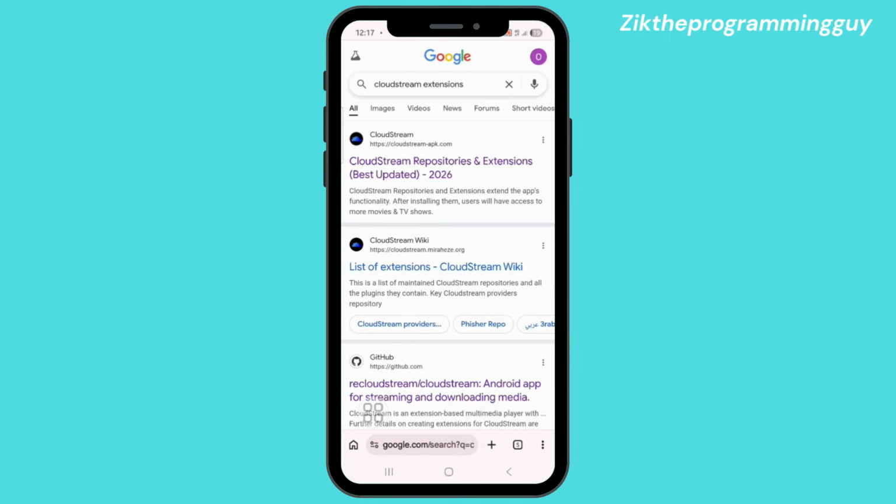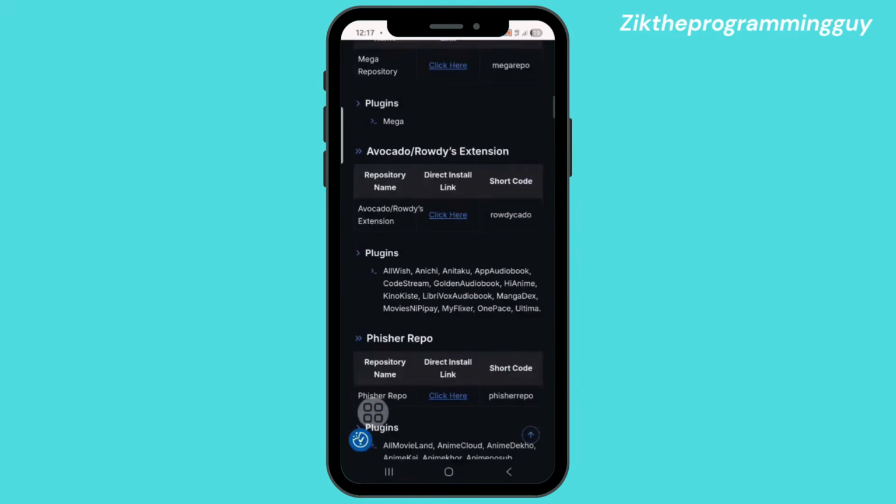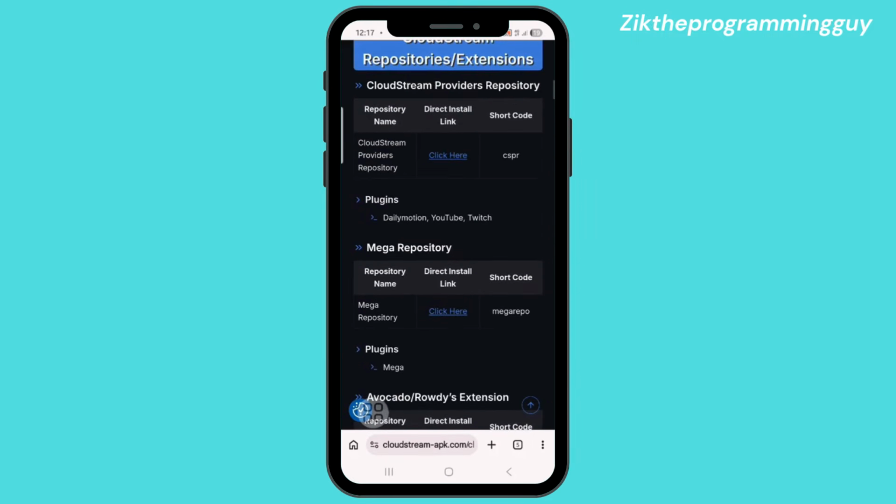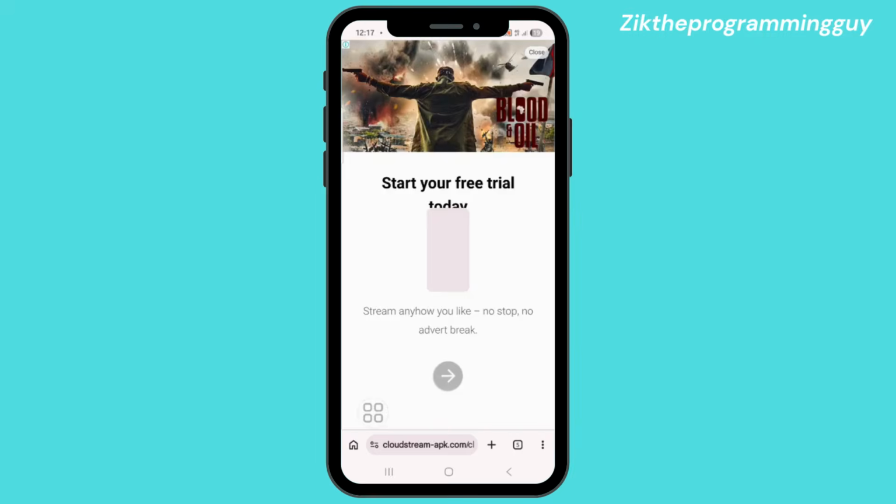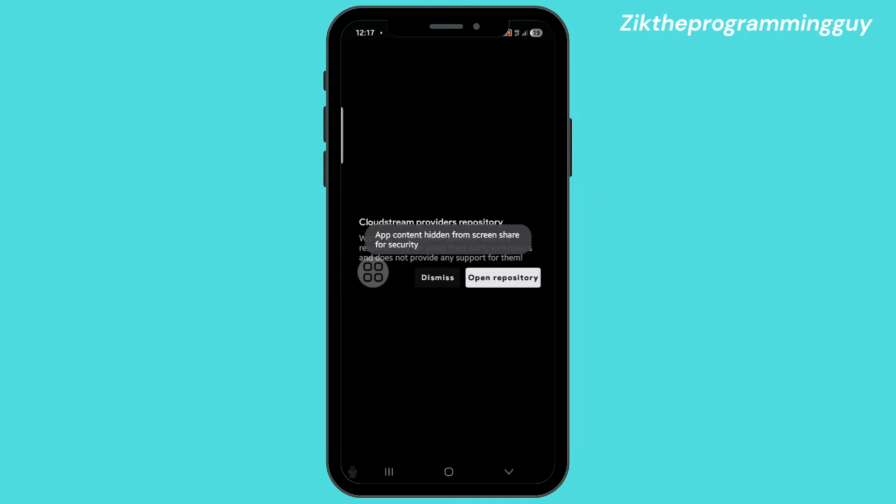You go to open your browser, your Chrome browser, and search for Cloudstream extensions. You click on the first one, and once it loads up, it's going to show you lots of repos you can use. So once you click here, you can see, okay, they're going to close this for me. Click on, it's loading already, and you can see right here. So I can just pick to actually download the one I want and the rest of that. So this is actually how to add an extension